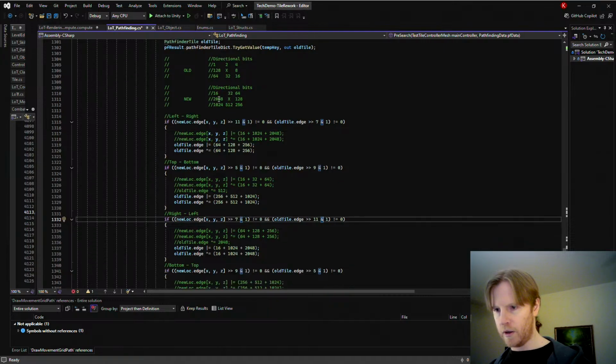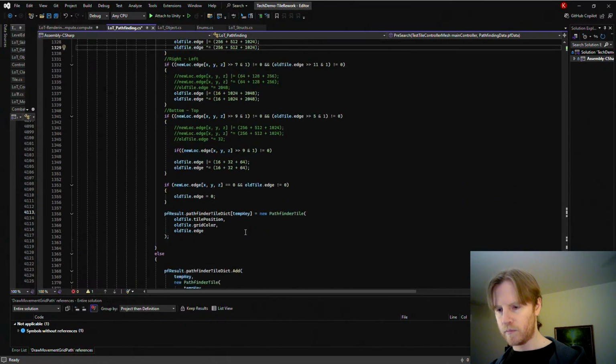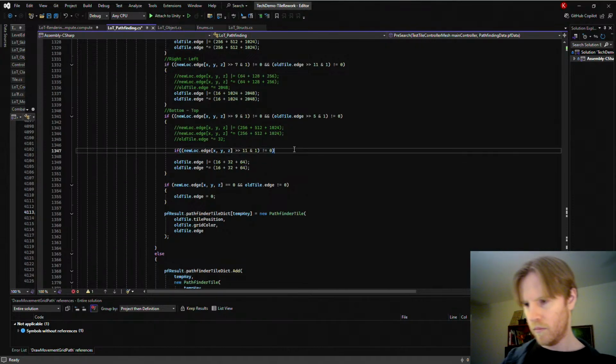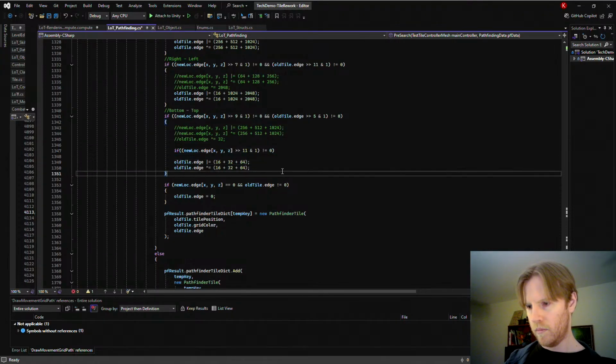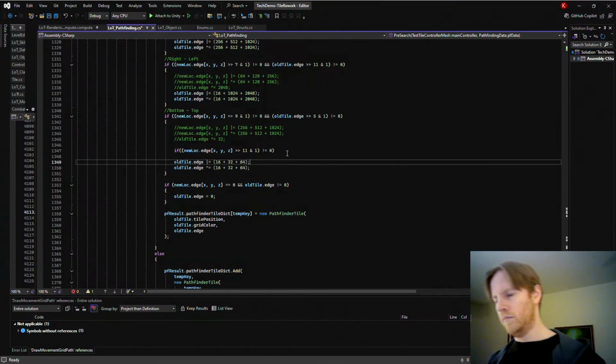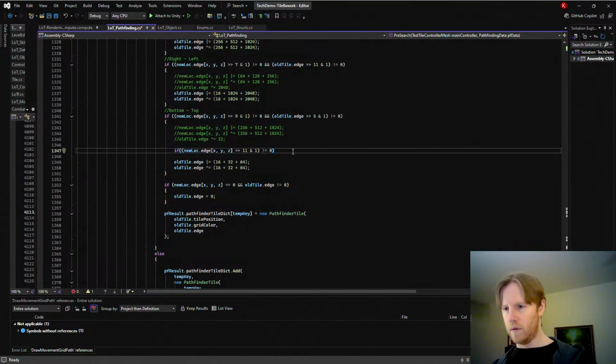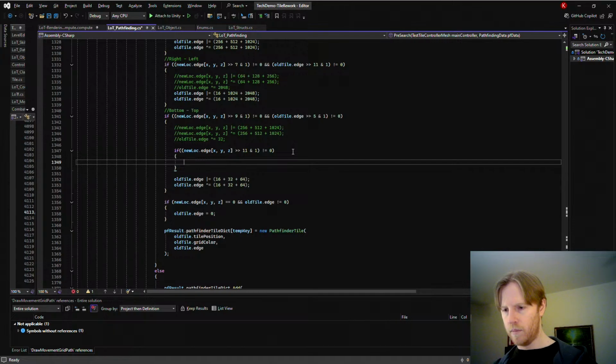So if we check 2048, which is then 11, and that is not empty, then